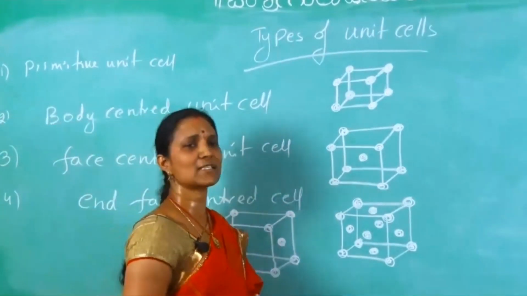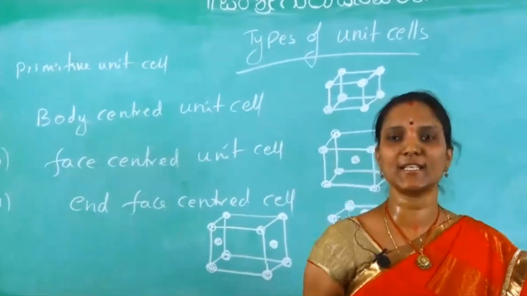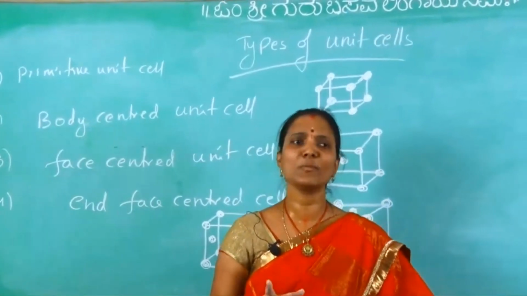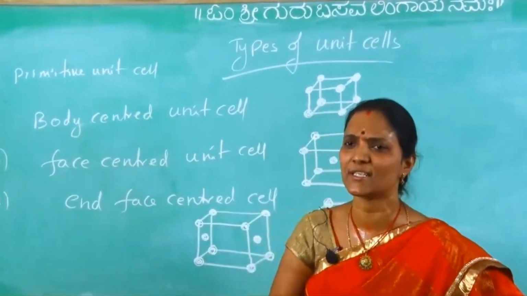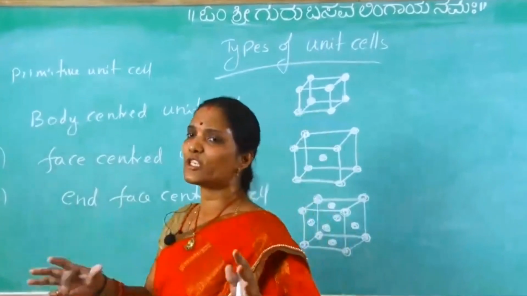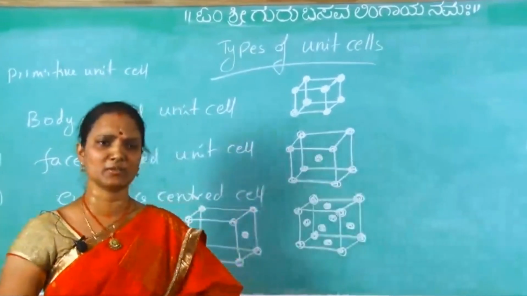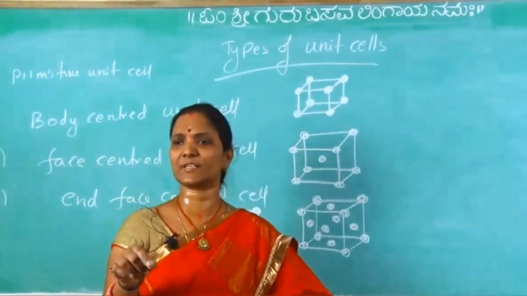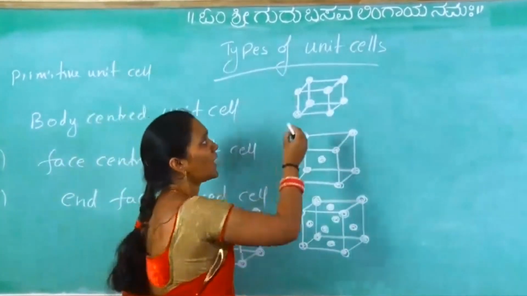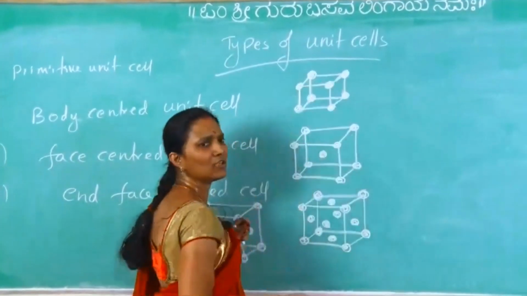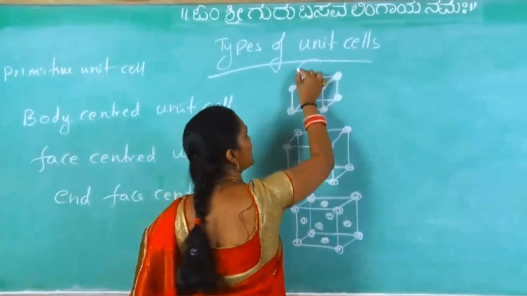Now, in this unit cell, how many lattice points are there? That is the third question. What are these lattice points? Here, all constituent particles are closely packed with each other. Every time writing particles is difficult. Actually this is the particle. Not this much, the particle is like this.